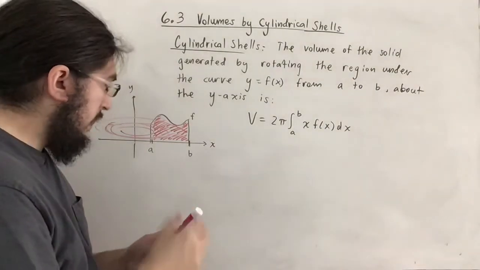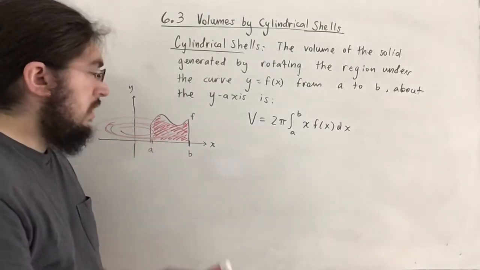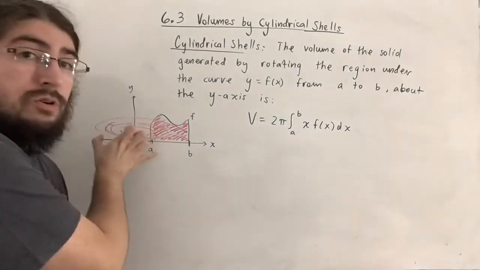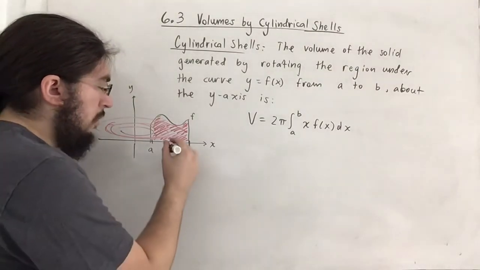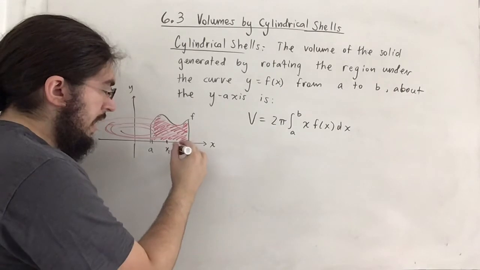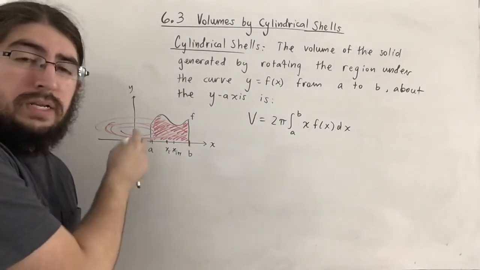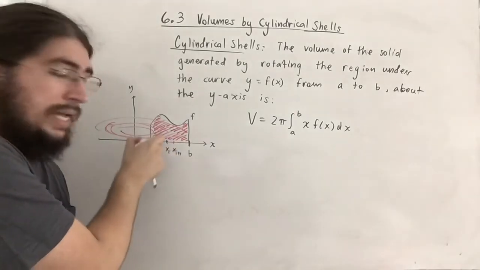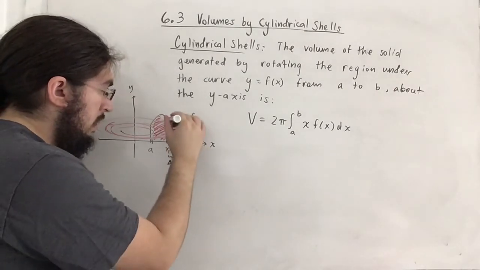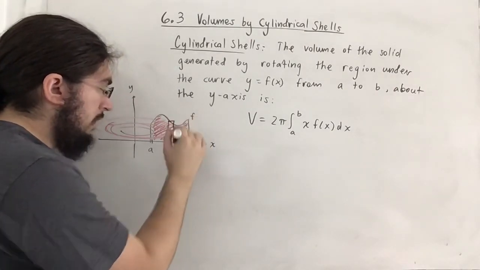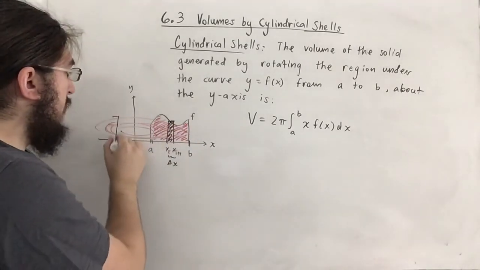So the way we're actually going to find the volume in this case isn't by considering the washers, but instead by considering these cylindrical rings, which are known as cylindrical shells. So the way we do that is we pick a point in between, call it x_i, and then another one called x_{i+1}. So we know the deal here. We're splitting this a and b interval into subintervals with, you guessed it, delta x. So then we're going to approximate this by a rectangle, and then if we swing this shaded rectangle around, what we end up getting